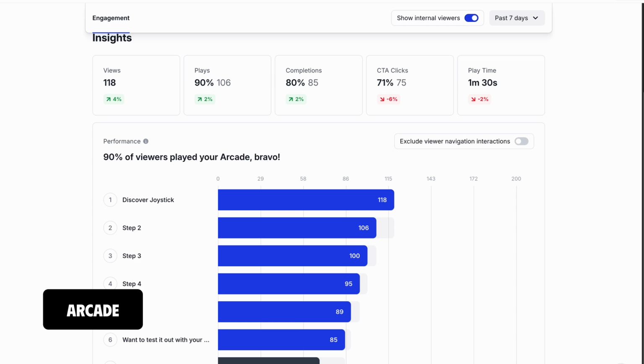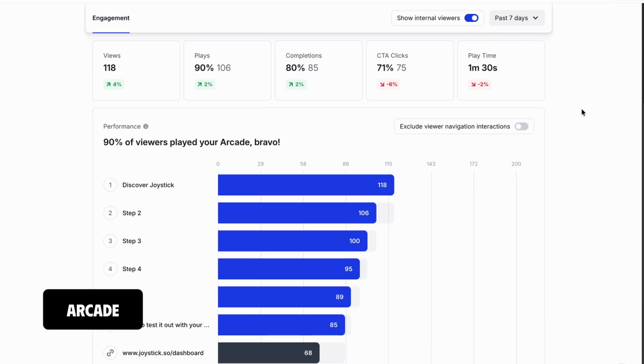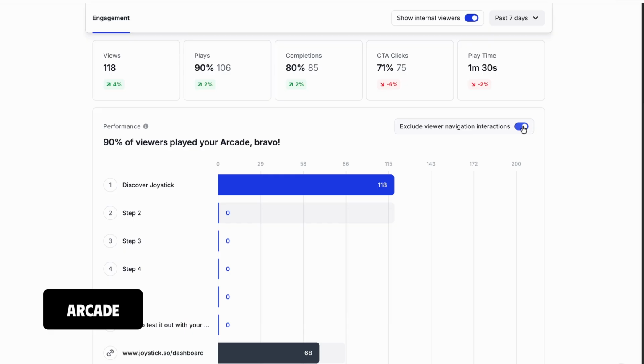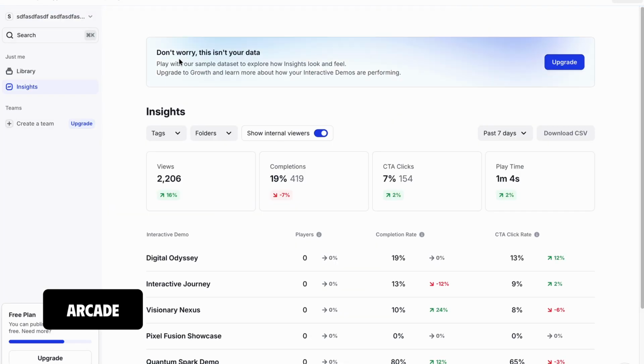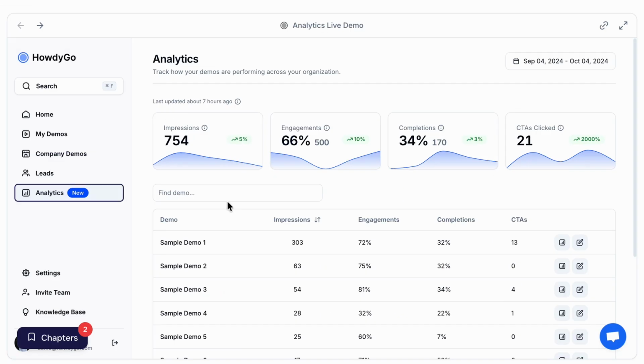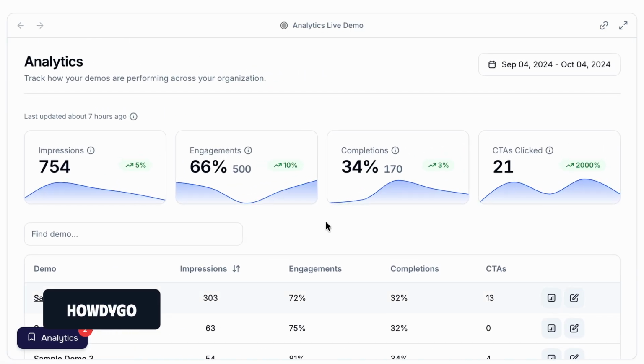For demo optimization analytics, HowdyGo and Arcade stood out for providing an easy to understand breakdown of your demo performance, allowing you to spot potential areas of improvement for your demos. Optimization analytics are most helpful for users who are embedding demos into their website and have a reasonable volume of traffic. This is most helpful for product-led growth style companies where increasing product awareness is a key aspect of your